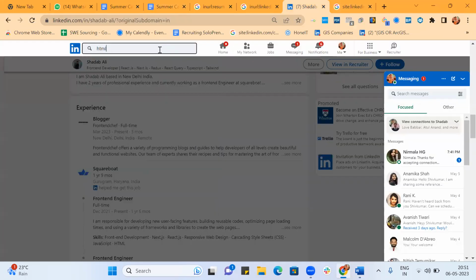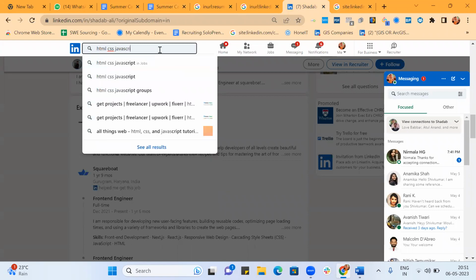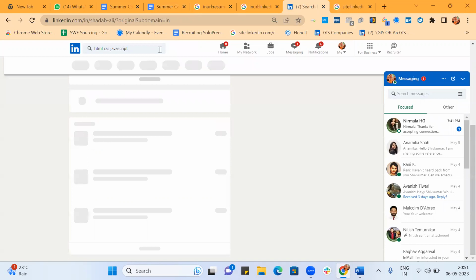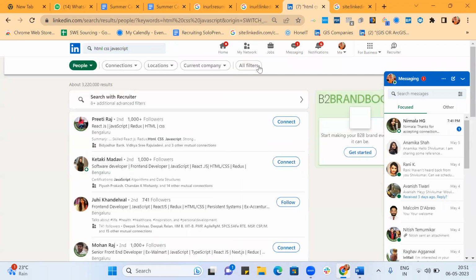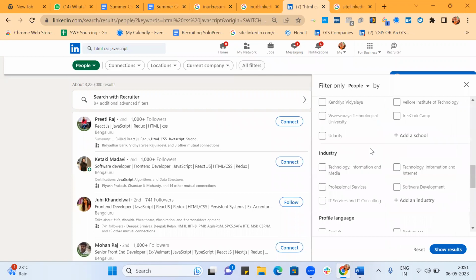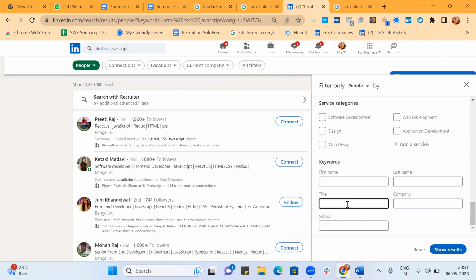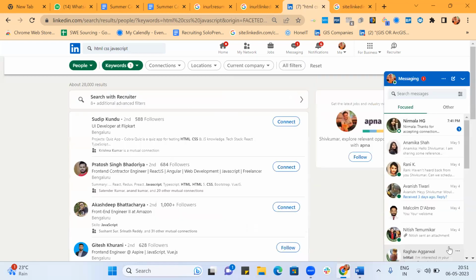Let's say HTML, CSS, JavaScript. And then click on people. Then all filters. As these are the job titles, I just scroll down and put it in the title. All right: front-end engineer, front-end developer, or front space end engineer, UI developer, or UI engineer. Great. Free version of LinkedIn is giving me